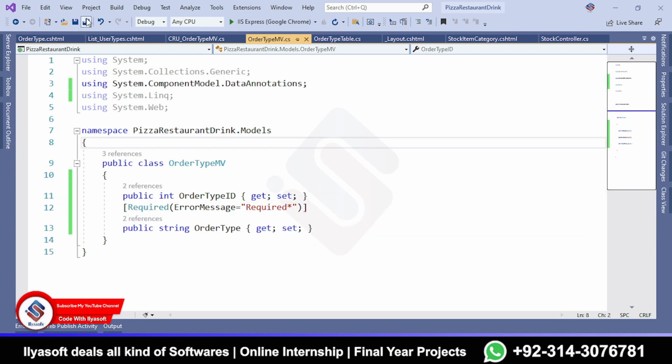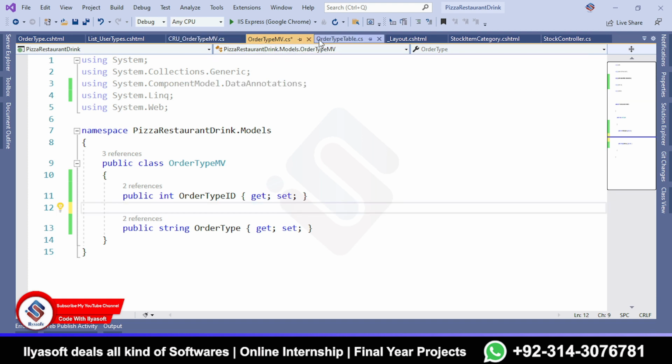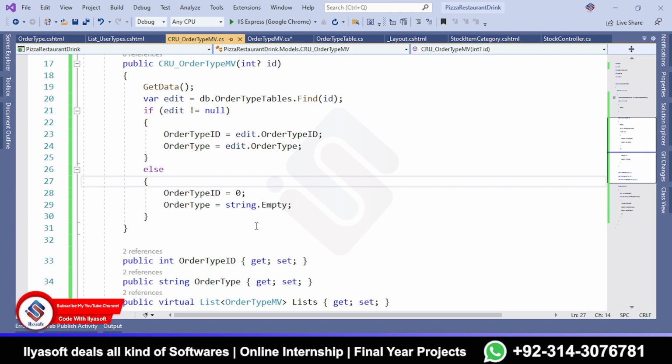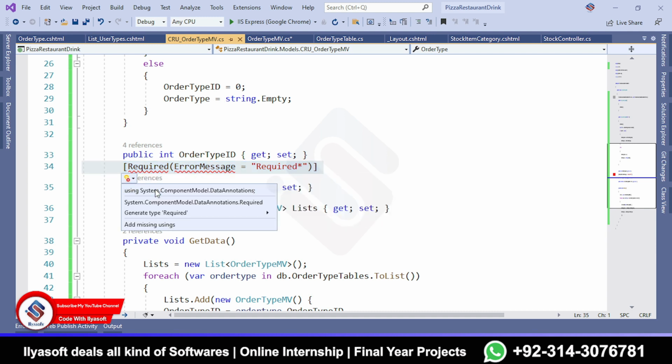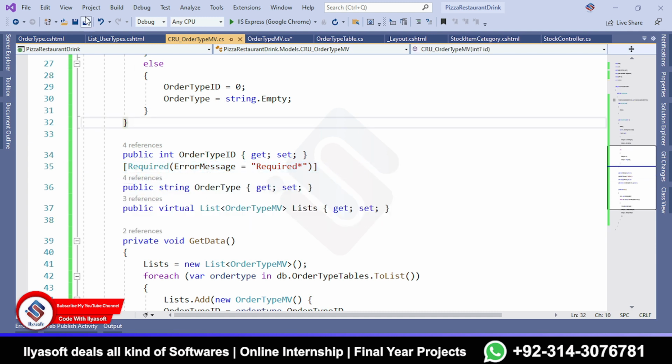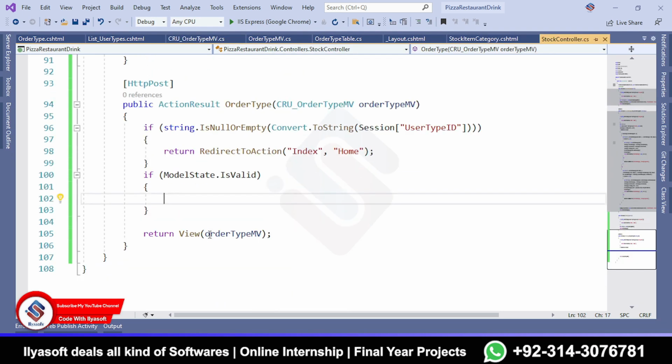Okay, now so the changes, and then not here, sorry, not here, here. So the changes, then I'm going to the stock controller again, and then first we are going to check the